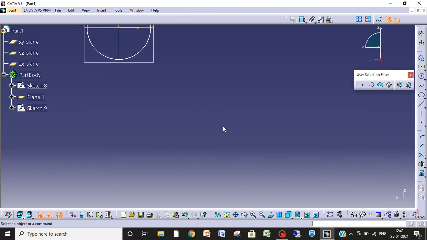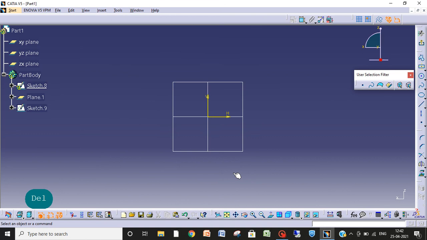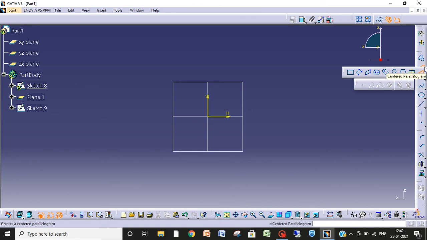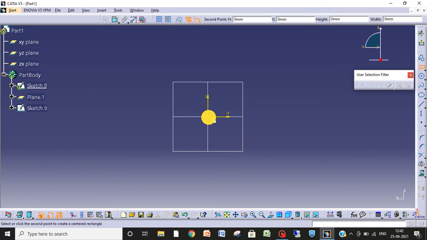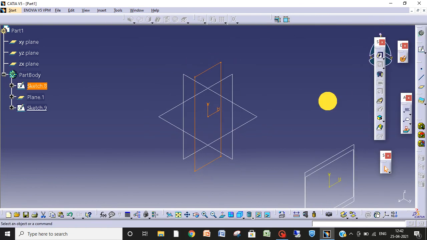Let me edit this sketch. Delete. Make a parallel one and exit.